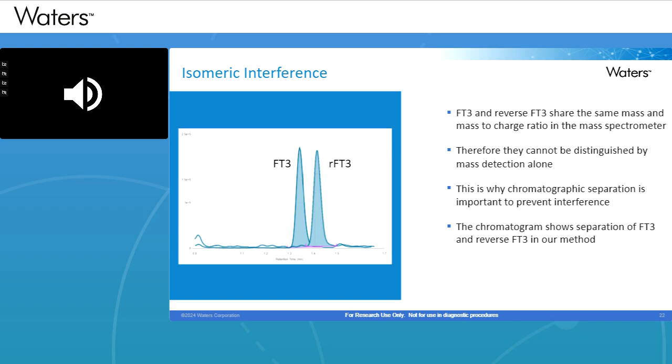And so just to show you, to ensure that the inactive reverse T3 does not interfere with free T3 in an LCMS method, we need to chromatographically separate it, as they share the same mass to charge ratio, so the mass spectrometer can't differentiate between the two forms alone. And this chromatogram nicely shows the separation of these two compounds in our application that I will come on to. And therefore, we can see that reverse T3 will not interfere with the free T3 concentration.